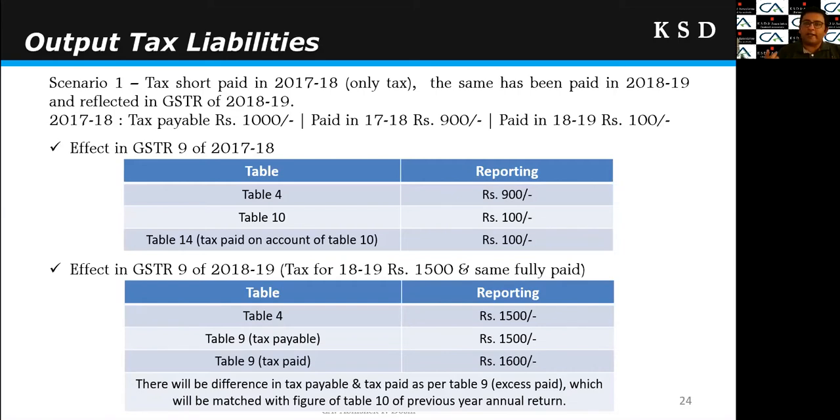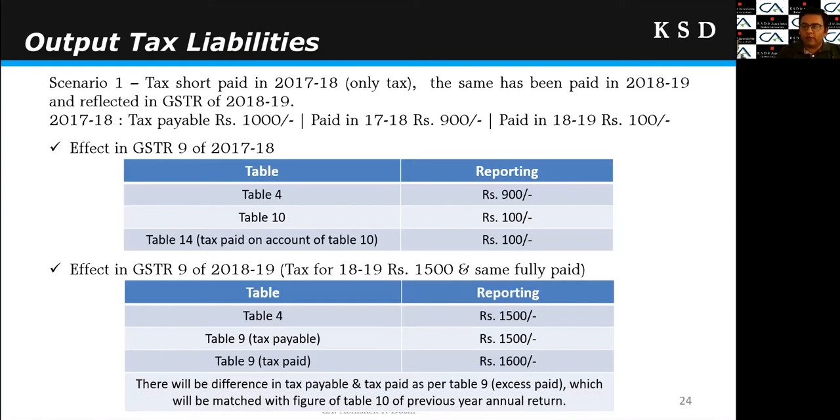But in table 9, the tax paid column will be auto-populated from the GSTR 3B and is non-amendable. So that amount will reflect 1600, because 1500 is of 2018-19 and 100 rupees is of 2017-18. So tax paid will reflect the 1600. So here in GSTR 9 of 2018-19, there will be a difference in tax payable and tax paid in table 9 of the GSTR 9. However, the effect is that tax paid is on the higher side, so there may not be